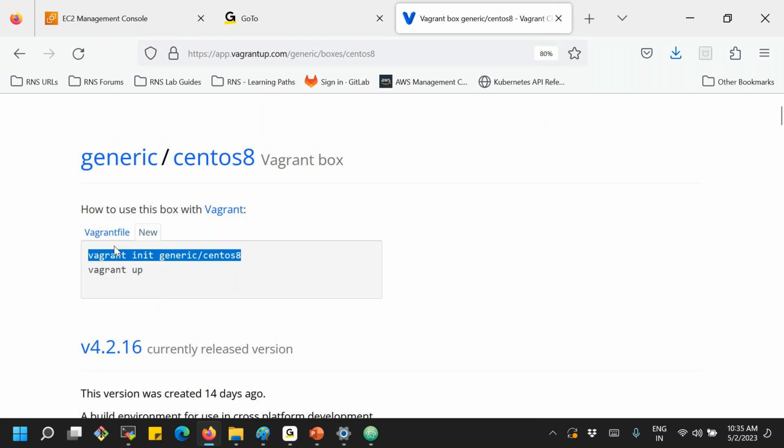I'll come back to that. But how do we download it, or how do we use it with the Vagrant boxes? Whether you need Ubuntu or CentOS, they have given a very flexible way. Easy. Just identify your box, go to your Windows, and run vagrant init. If you specify the box name, it is going to create a Vagrant file automatically.